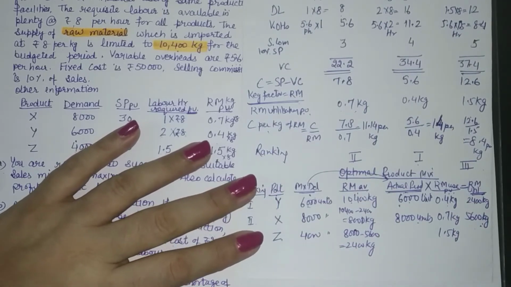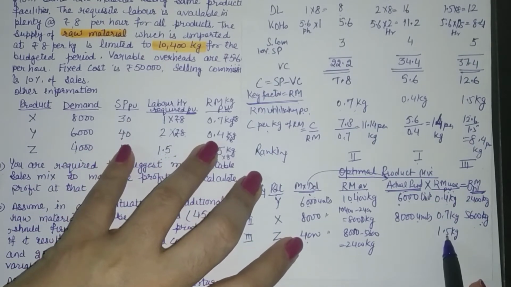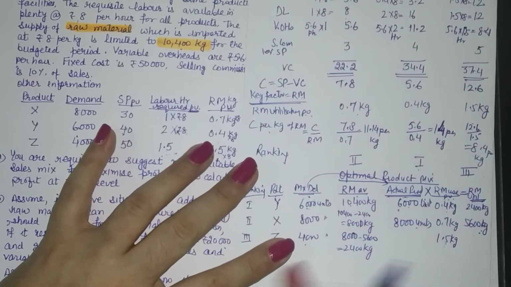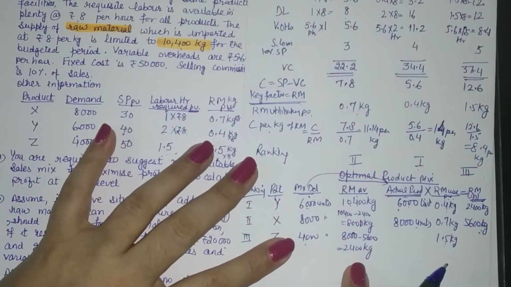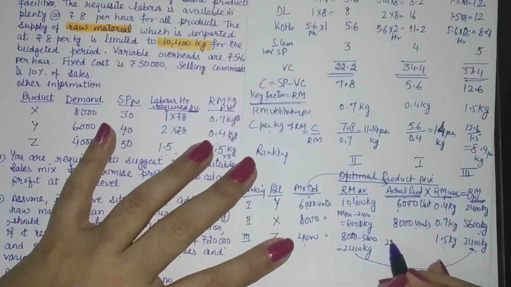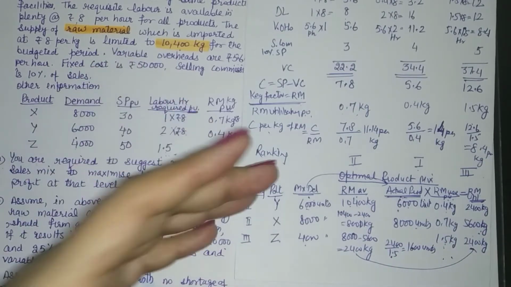Now can you go for maximum production? If you go for maximum 4,000, then at the rate of 1.5, because this is your raw material utilization, you need 6,000 kilogram. You don't have that. You have only 2400 kilogram. So you can use it only up to this. So now you will solve units. So at the rate of 1.5 kilogram per unit, how many units will be manufactured? It will be 1600 units, because actual production into raw material use will give you total utilization.